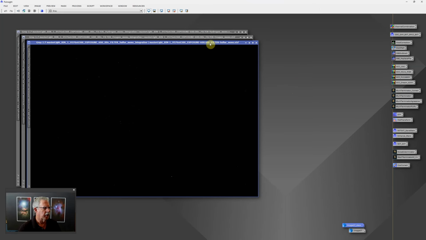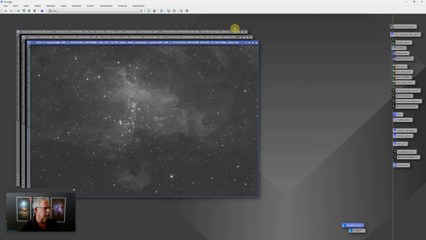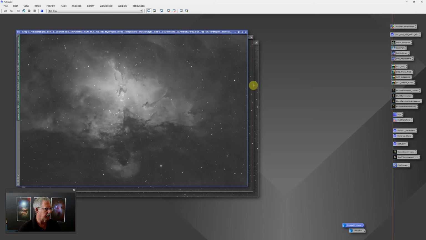So let's look at our 3 narrowband images here. I'll just do a quick screen stretch. This is the sulfur, the oxygen, and the hydrogen. And again, these don't seem to have much of a gradient, so I don't know that we need to apply any gradient correction. So my process with these is going to be to run Blur Exterminator, do a stretch, and